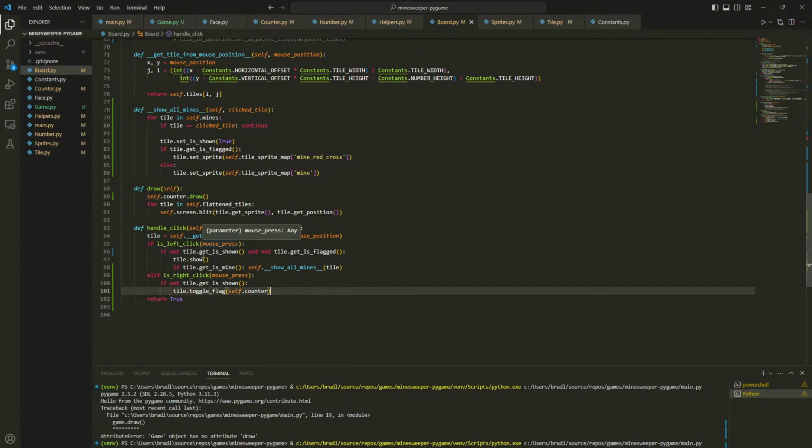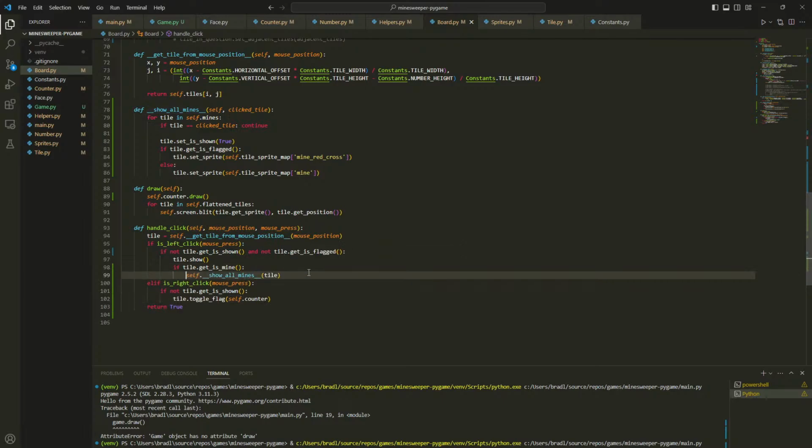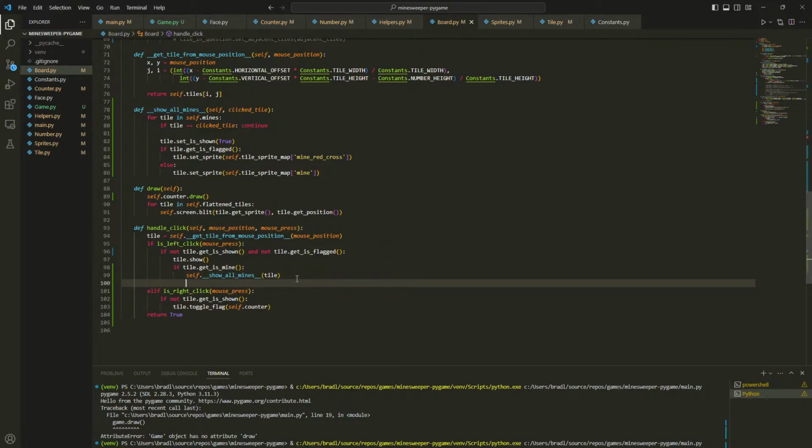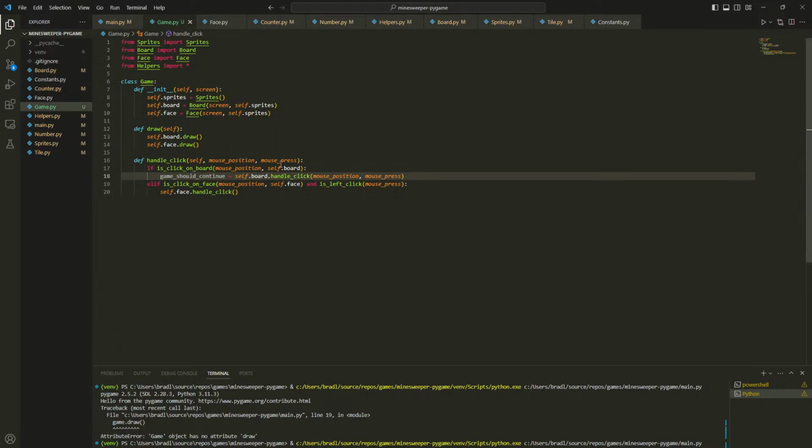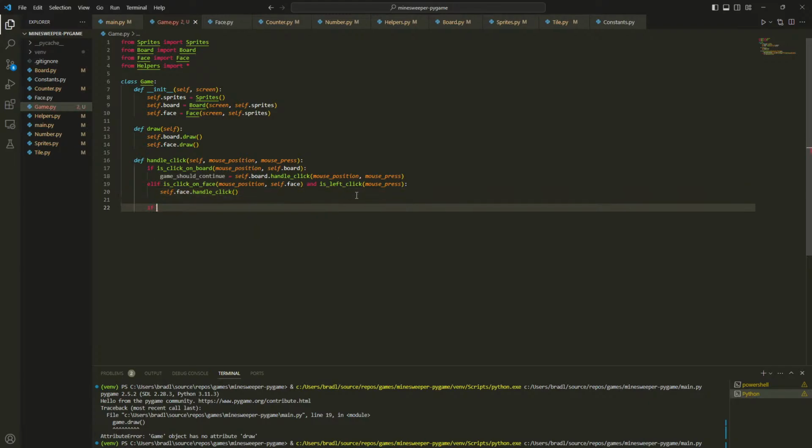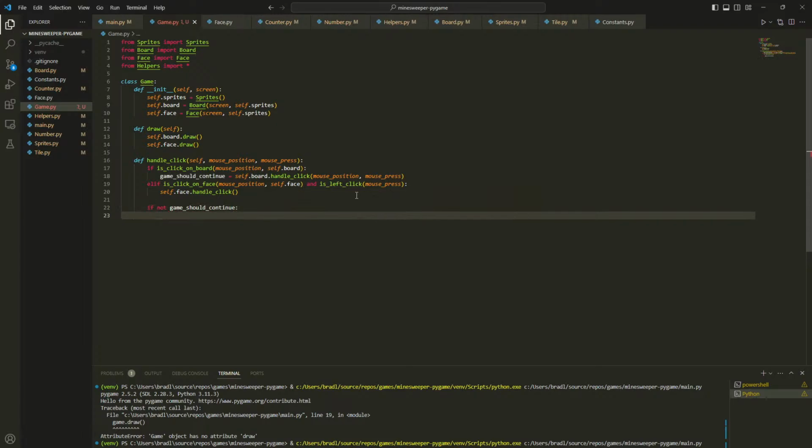and then on mines, if the tile is mine, okay, yeah, we need to show all mines, but we also need to return false because the game should not continue. And if the game should not continue, right, so if not game should continue, then we need to set the sprite on the face